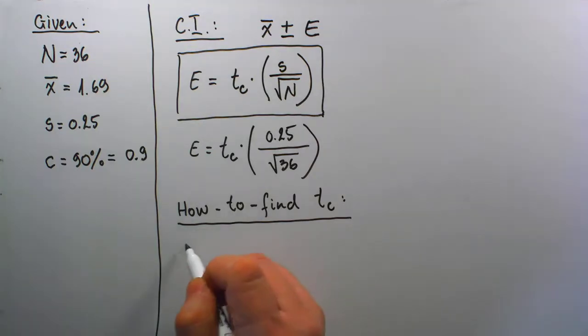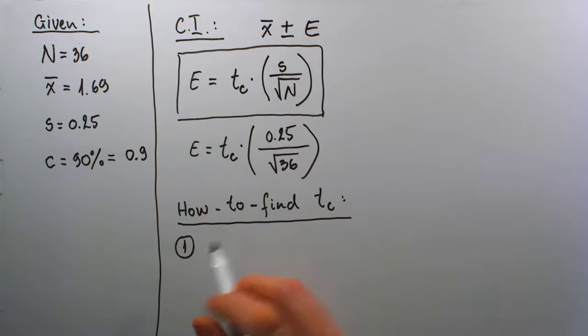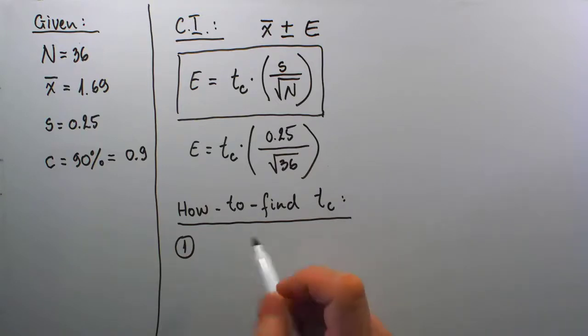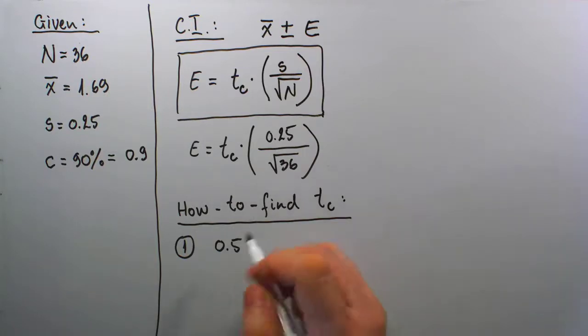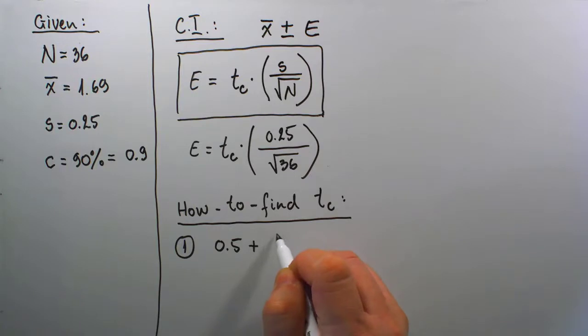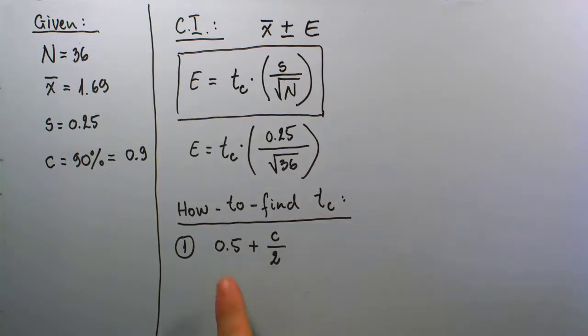So the first step here, I am going to do the following. I'm going to go 0.5. It's just a value that we're always going to use, a 0.5. I'm going to add with half of our confidence level. So 0.5 plus half of the confidence level is to be the first step into finding our t sub c